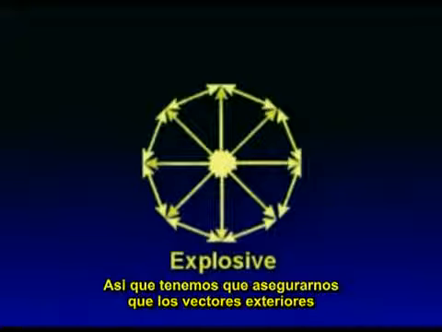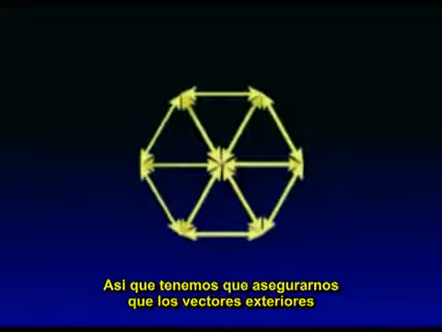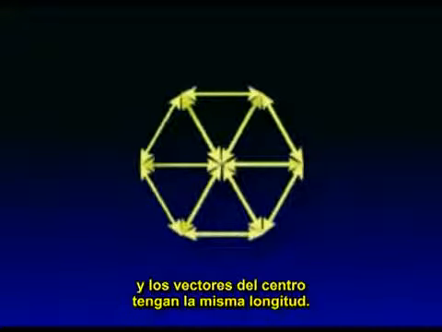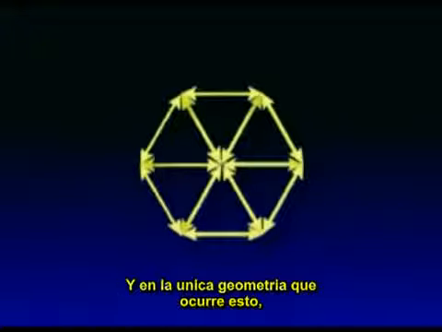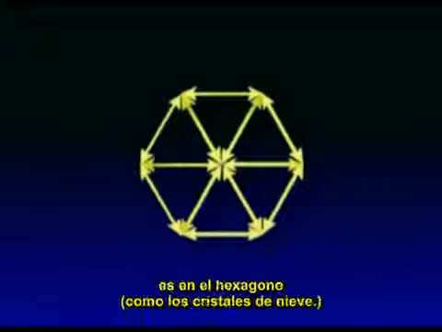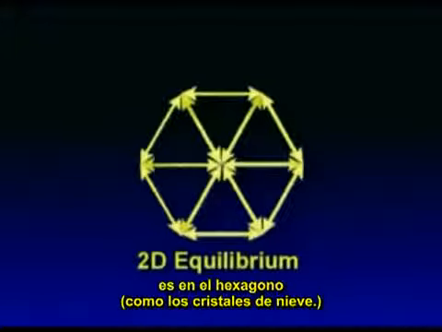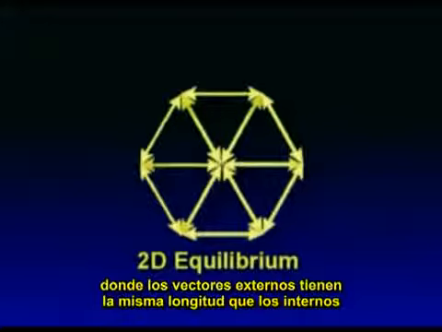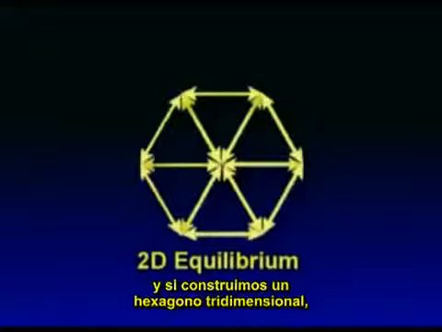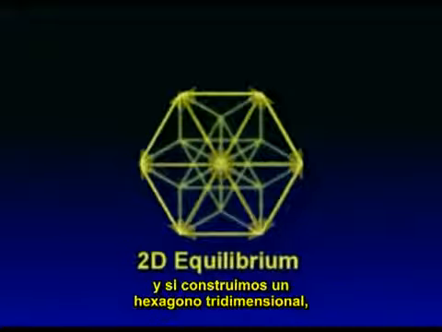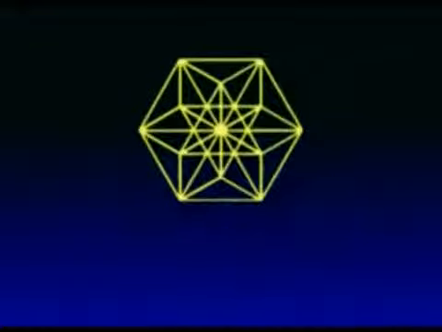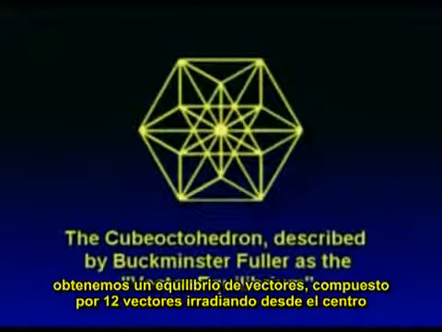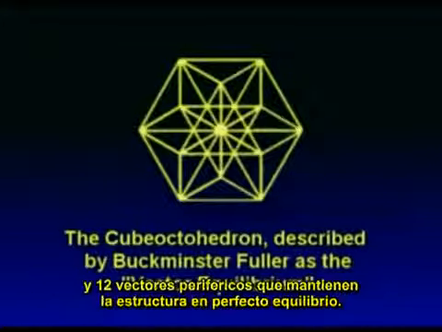So what would happen is that you would have to make sure that the geometry's edge vector and vectors to the center are the same length. And the only geometry in this happens to be like the snow crystals, the hexagon, where the edge vectors are the exact same length as the vectors to the center. And if we made a 3D hexagon together, we would get a vector equilibrium, which is made out of 12 vectors radiating from the center and 12 edge-bounded vectors that maintains the structure in